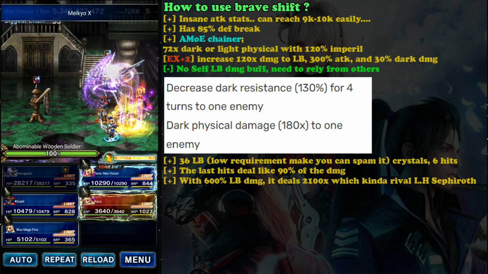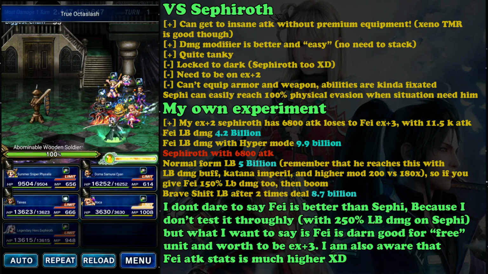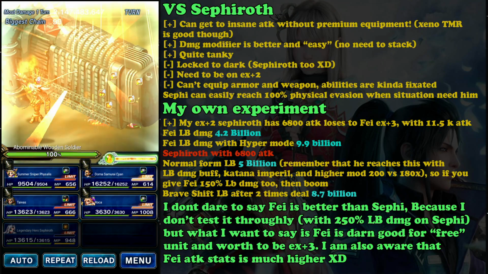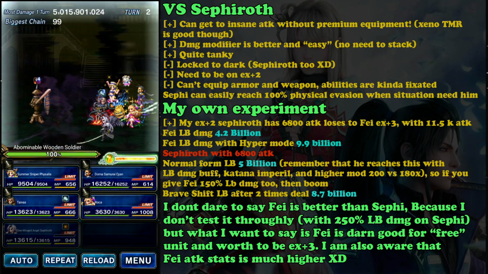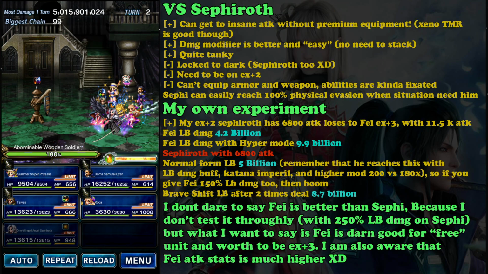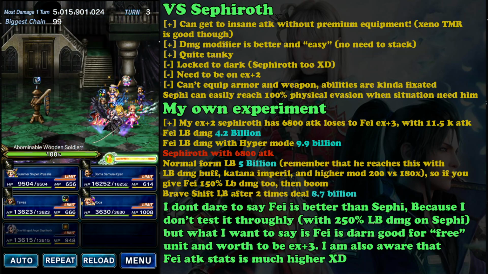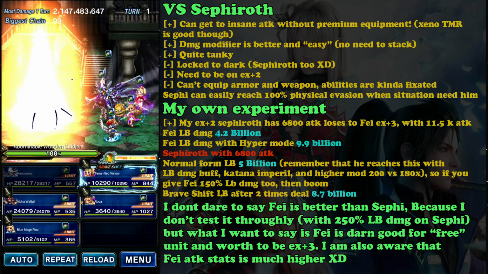Now let's compare him to other characters. So if you compare him with Sephiroth, of course, again, same like Graph, he has much higher attack stats compared to Sephiroth. Okay, this is really insane because, like I said, he is free until X+1 and Sephiroth is a premium unit. Okay, so yes, like I have said this before, my Fei X+3 reached 11,500 attack, and I have Sephiroth,